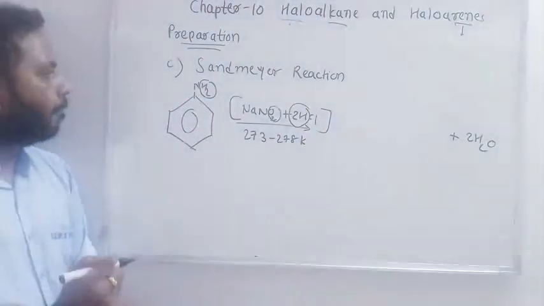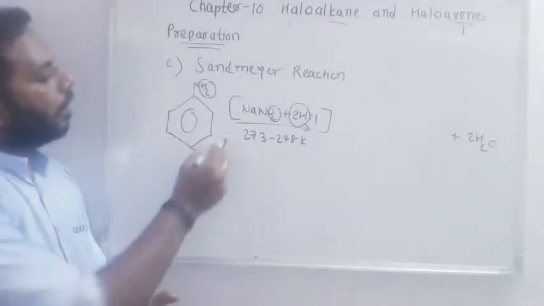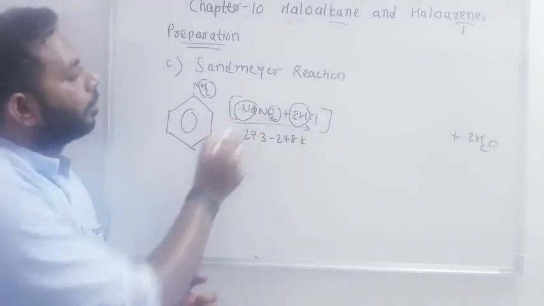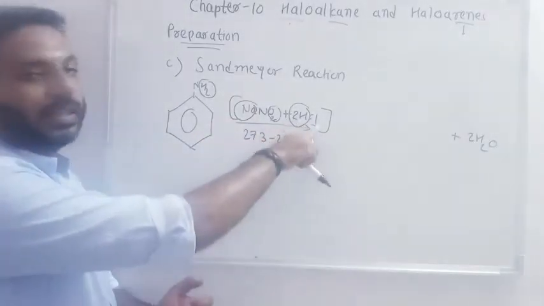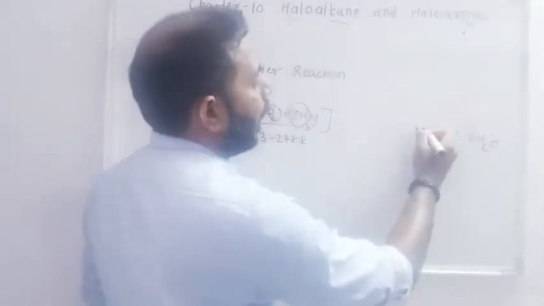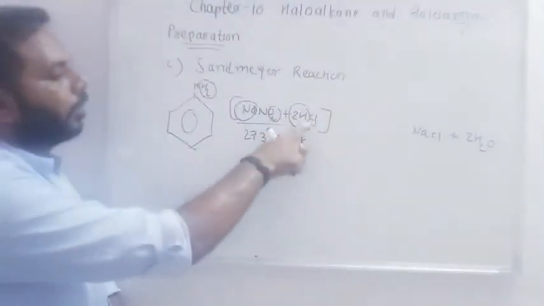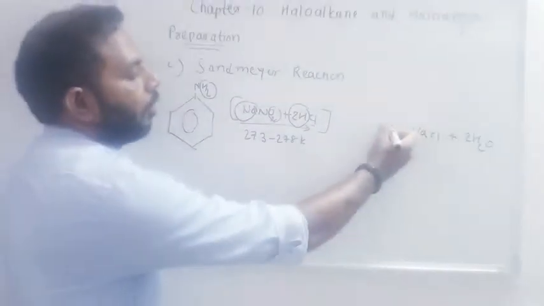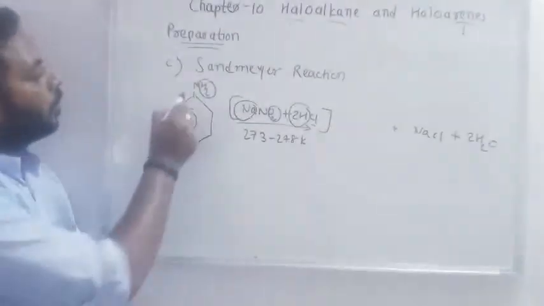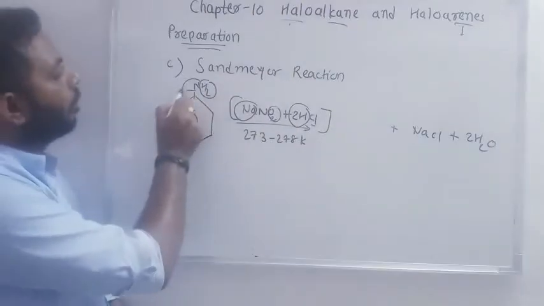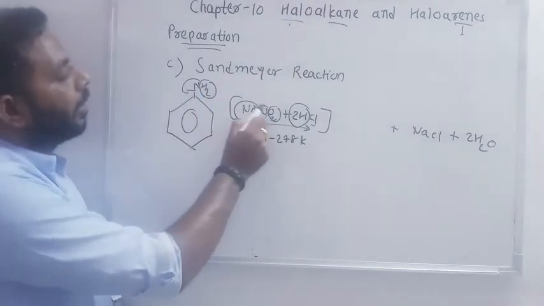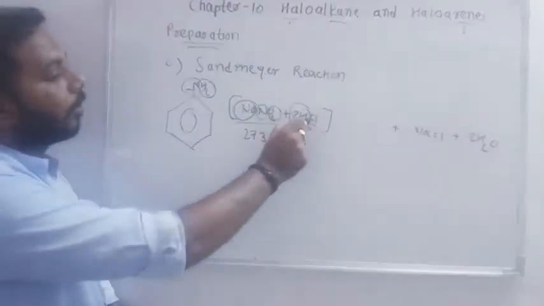Okay, now sodium from here and chlorine from here. 2 HCl is there, so one chlorine will react with sodium, and it will form NaCl. Sodium from here, chlorine from here, it will form NaCl. Now what is left? One nitrogen is left. So two nitrogens are left and one chlorine is left.